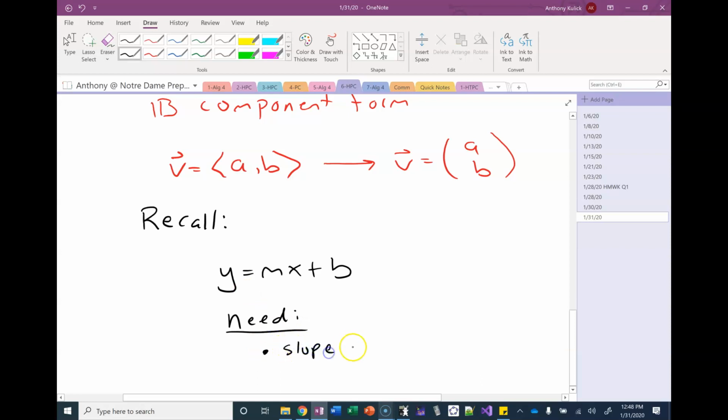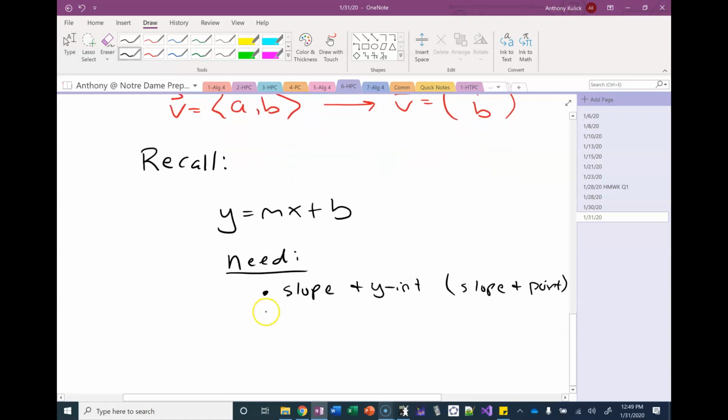Slope and y-intercept, okay. Now the y-intercept is really just a specific version of slope and a point, right? The y-intercept is a point. But really, if I give you the slope and any point, you can still write the equation for a line, right? Okay. What else could I have given you